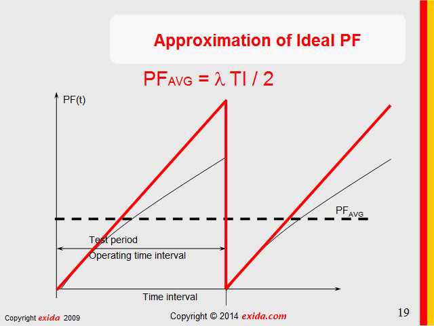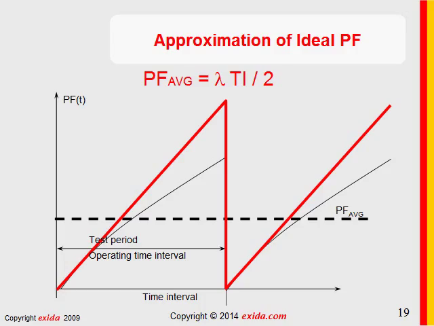We can do an approximation for an ideal PF average. Remember, if our probability of failure approximation is lambda t, where t is the mission time, now we define the, quote, time interval of interest as the test interval. PF average equals lambda times TI divided by 2. And you can almost see that by just looking at this. You can see it graphically by looking at this